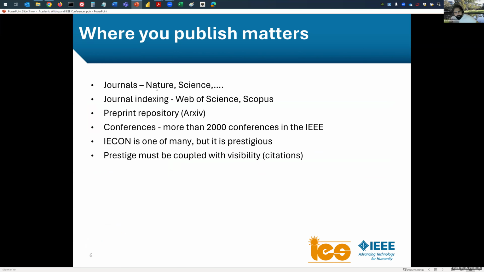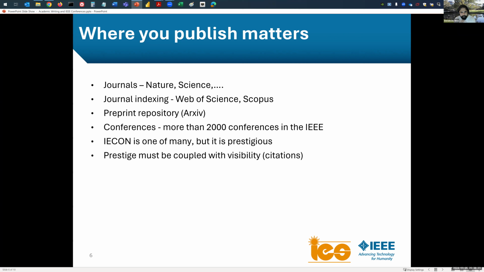So indexing is ranking of journals. Just like we have ranking of universities, for example, the journals are ranked based on the number of citations they've received. So it's a complicated space. If you like, we can talk about this later, but we'll leave it there for now.